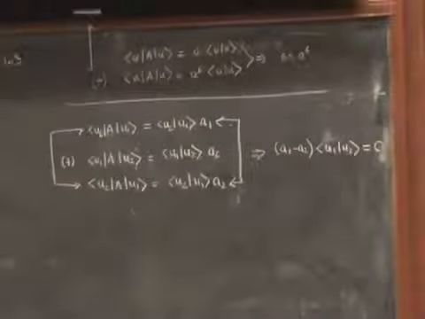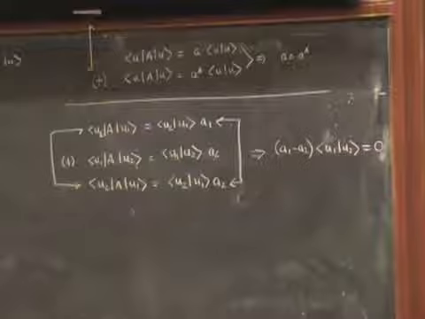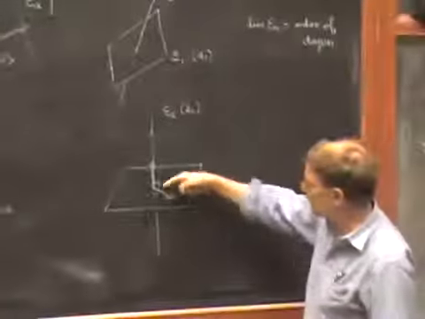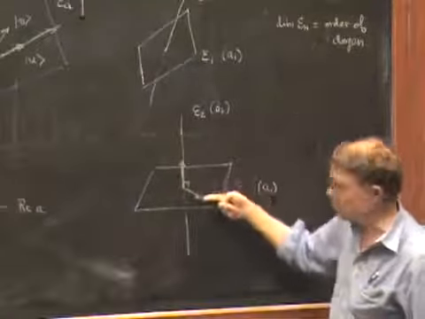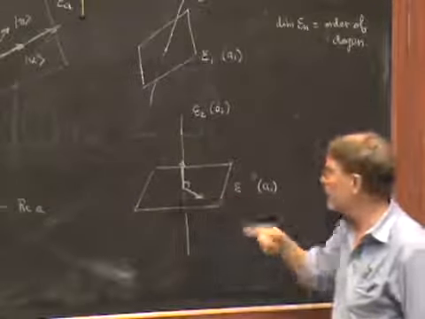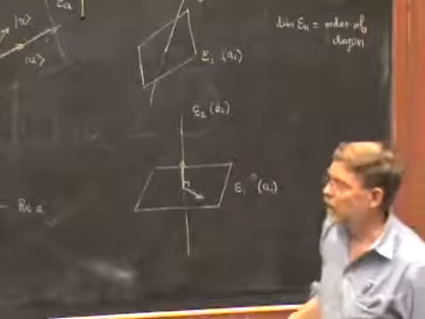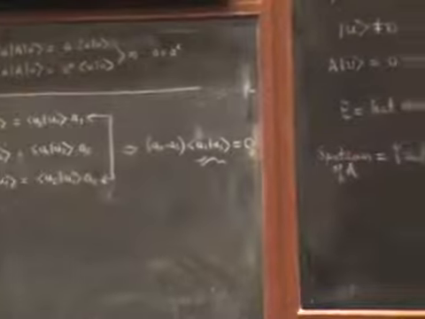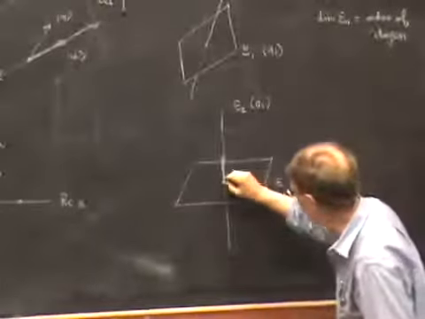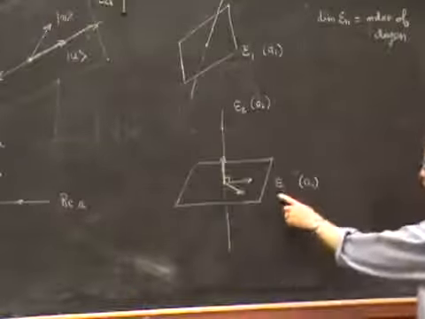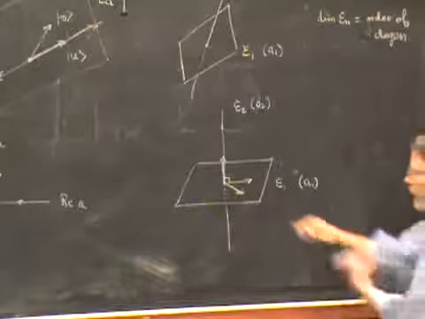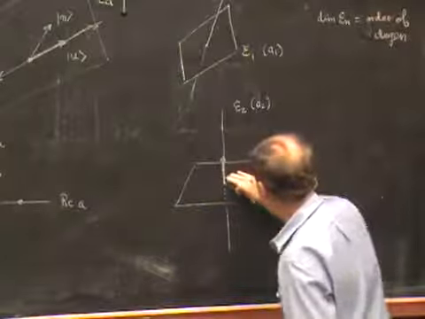And so either the two eigenvalues are the same, or else the scalar product is 0. Which is clear on this picture here. Because if the two eigenvalues are different, so they belong to different spaces, then the vectors are orthogonal, just like I drew it here. On the other hand, if the two A's are equal, then nothing can be said about the scalar product. They're not necessarily orthogonal, and that's clear too, because if I've got two vectors inside space E1, they certainly don't have to be orthogonal to each other. Of course, I can choose them to be orthogonal if I want to.